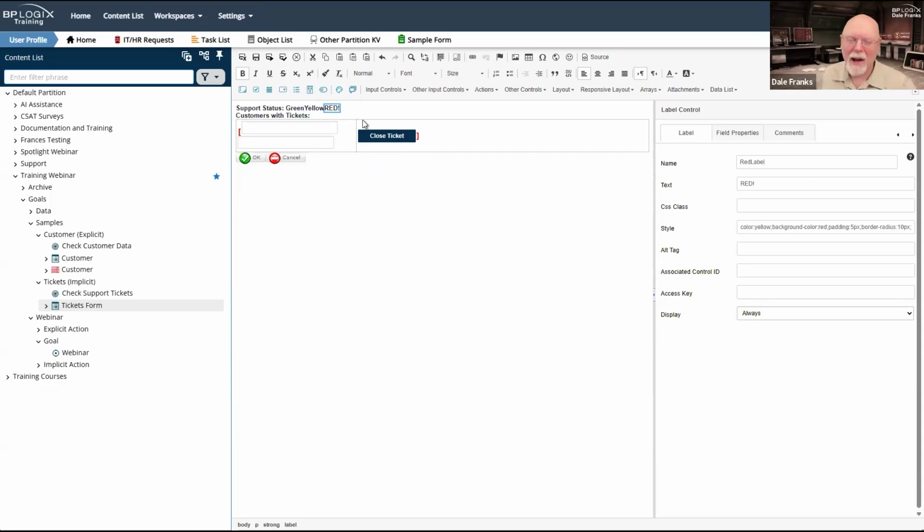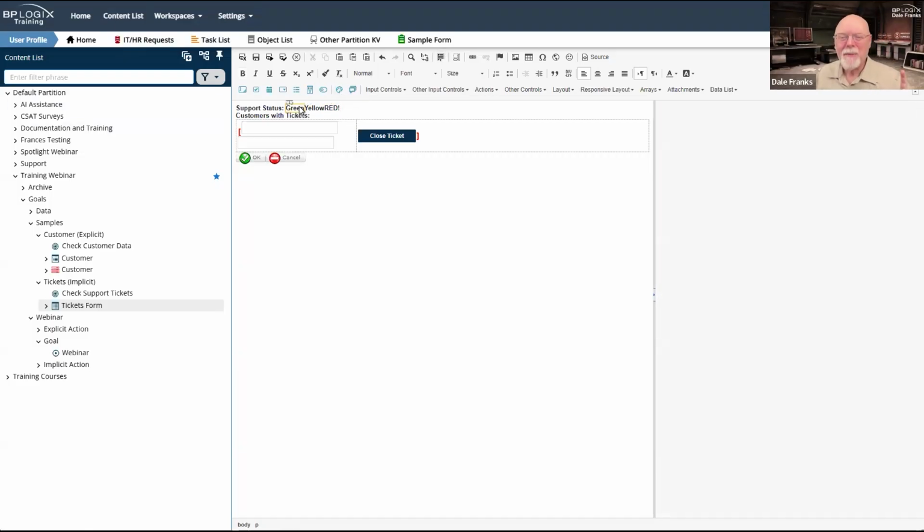You should not have label controls unless they are associated with a control via the associated control ID. You shouldn't be cowboying your way through with labels. I probably should have used text boxes and jump through more hoops, but it was just easier to do labels. I'm lazy. Sue me. Do as I say, not as I do. Don't use labels for crazy stuff like this, even though I'm doing it.